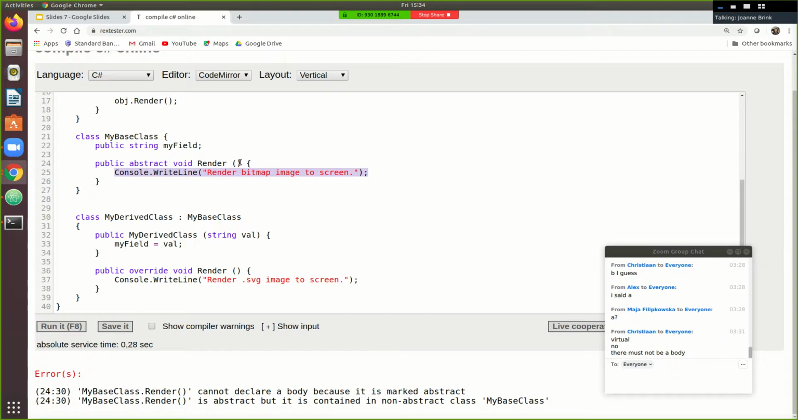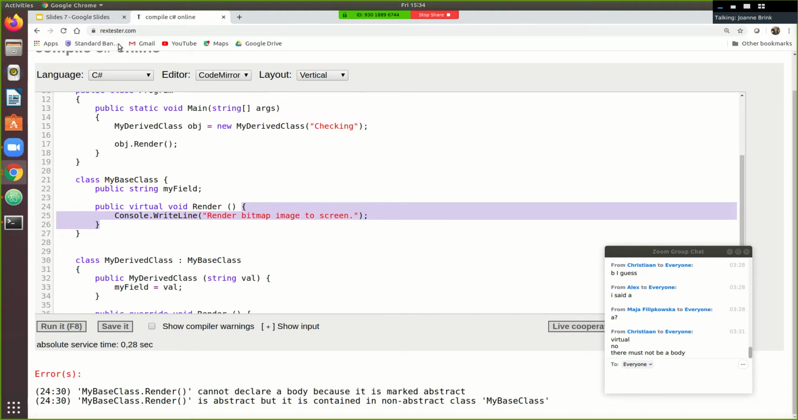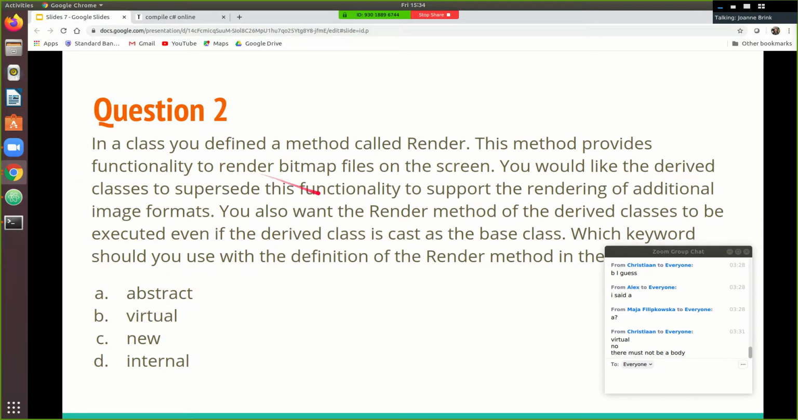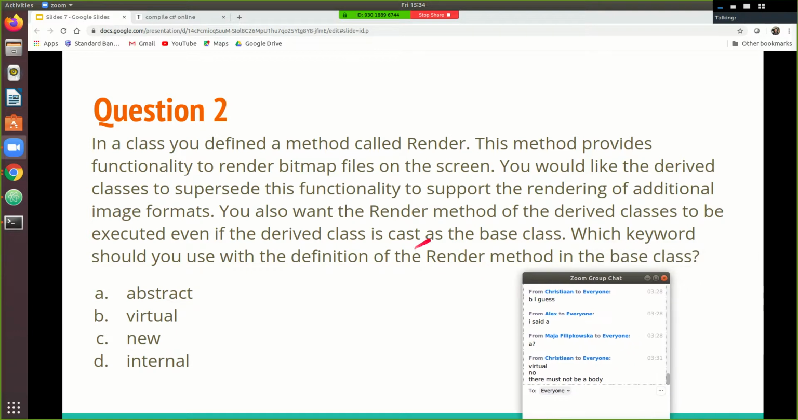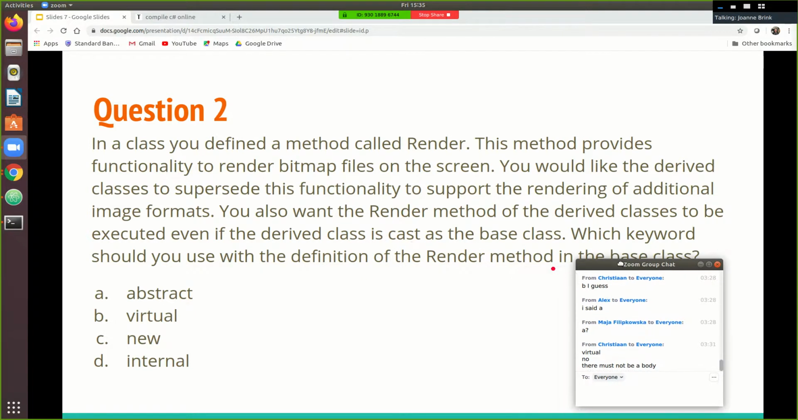I can't have this render a bitmap image to the screen if this is declared as abstract. Okay. So in order for me to actually declare a body, what they're saying when they say you also want the render method of the derived classes to be executed even if the derived class is cast as the base class. Okay,